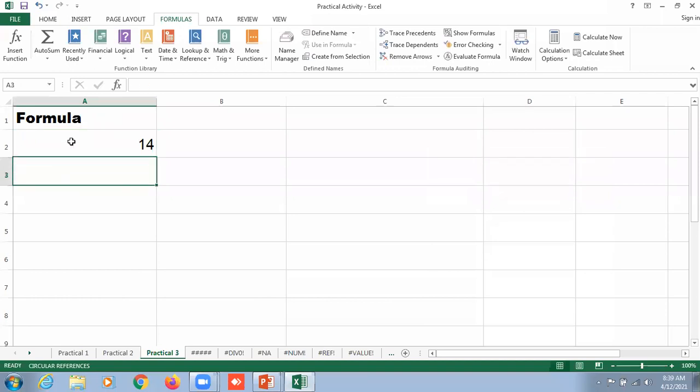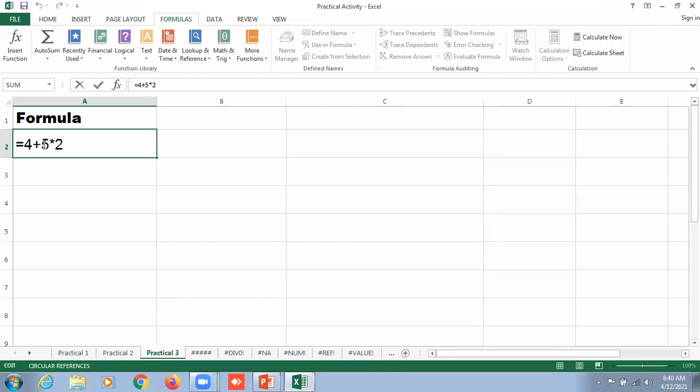Why so? Why is it not returned as 18? Because first of all, 5 multiplied by 2 is going to be sorted out, and it says 5 multiplied by 2 is 10, and then it is added with the value 4, and it says 5 multiplied by 2 is 10, plus 4 is 14.